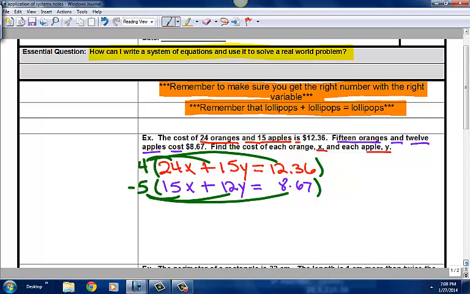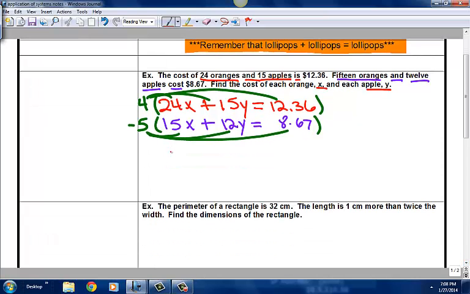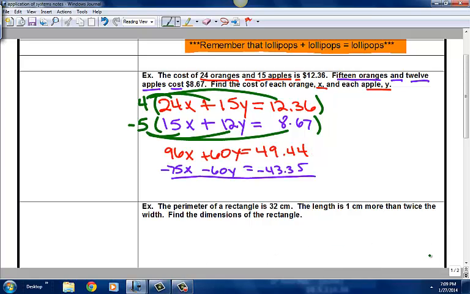Alright, I'm back. So it looks like that first equation is now going to become, hold on. Oh, there it is, 96x, there's my 60y, and I get 4944 on the end. Now I'll do the blue equation. Alrighty, so when I multiplied that -5 through the blue equation, I got this new blue equation down here. Now everything's all nice and set up, so I can just get rid of those 60y's just like that. Now when I add my equations straight down, I end up with 21x equals